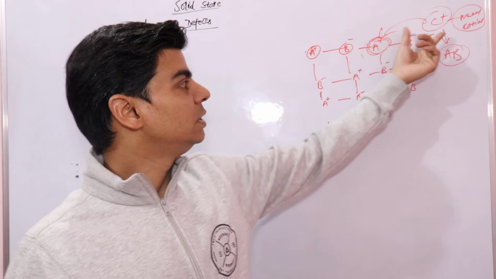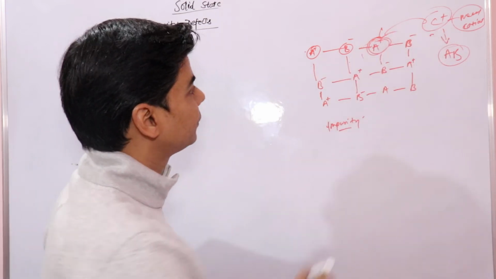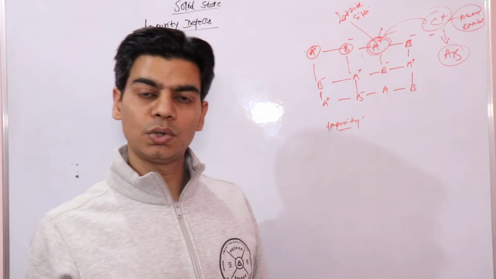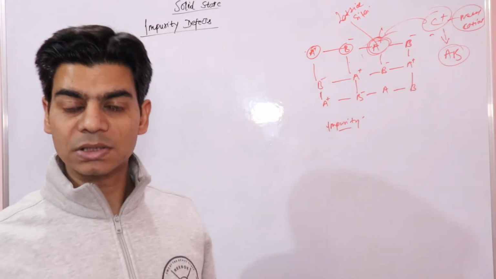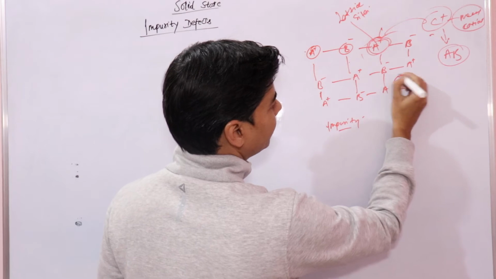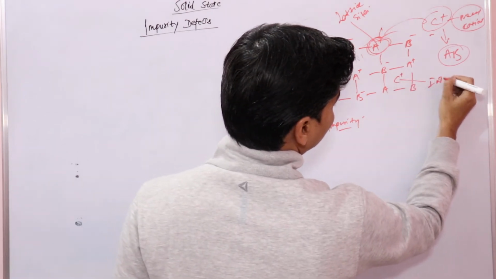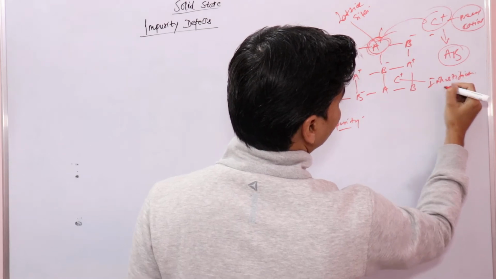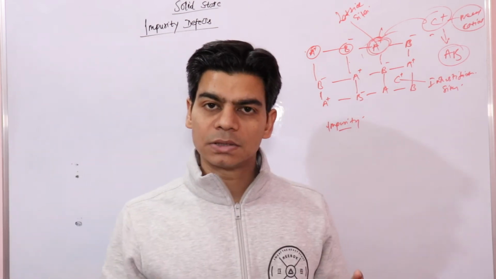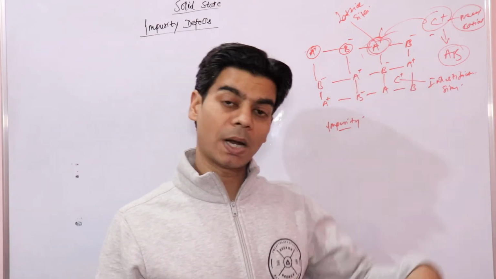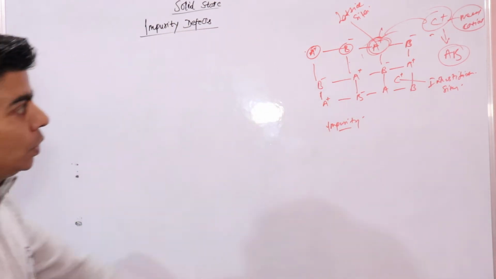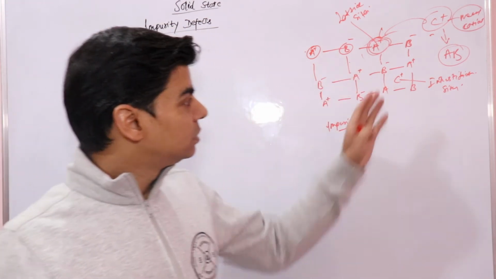So these impurities may be found at the lattice sites. These are lattice sites. Or, instead of going to the lattice, these impurities may go to the interstitial sites. So you may also find these impurities over here. This is your interstitial site. We know interstitial sites are what? These are voids or empty spaces between the particles. Particles may be cations, anions, or your metal atoms. So now it's a little clear that